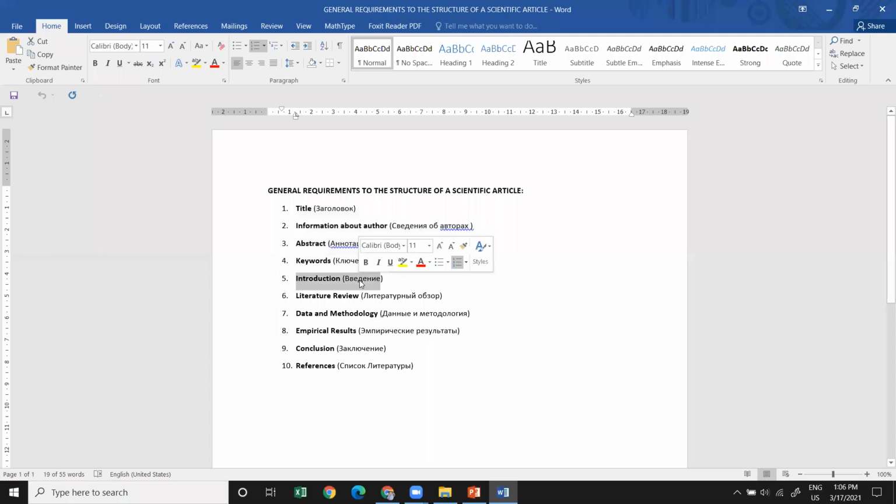Introduction could be one page. There is no strict rule, but one page of introduction, one page of literature review, maybe half a page of the data methodology. Where did you collect the data, and what type of data did you use, and what methodology have you applied to run the regression analysis? Which software did you use? Did you use Stata? Did you use